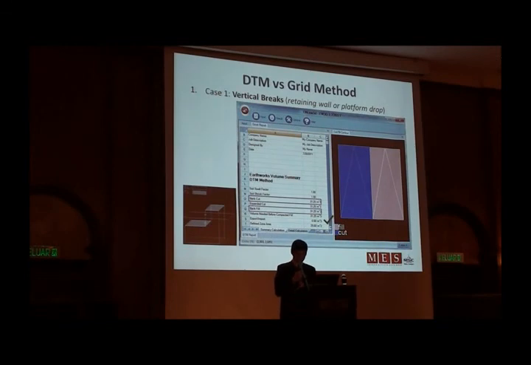To do this DTM or finite element, we need to invest a lot of money to buy very good tools and technology. Not only that, you need to have experts to utilize that technology. If you have money, you can buy the technology tools, but if you don't have experts to implement it, it's also no use. And then as a software developer, normally the software limitation should not be limited by the